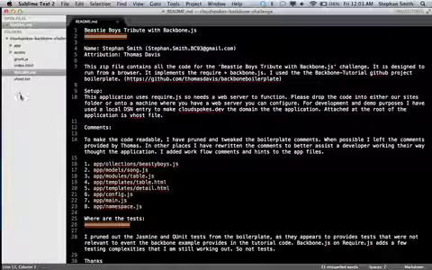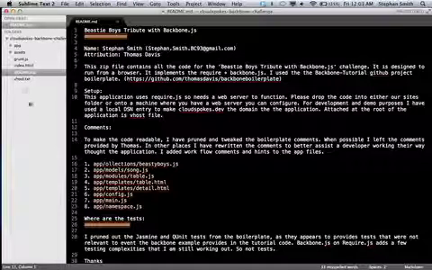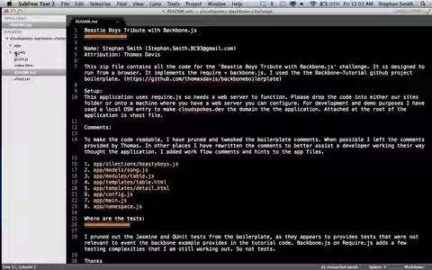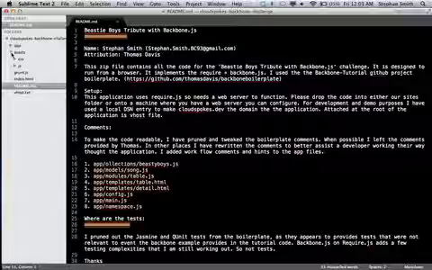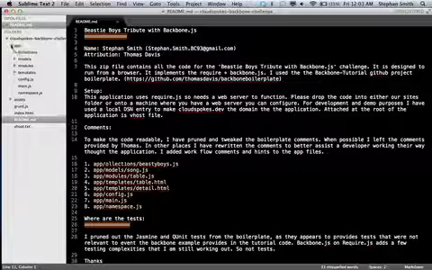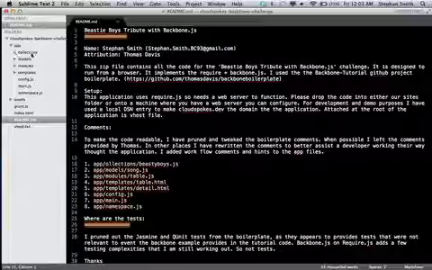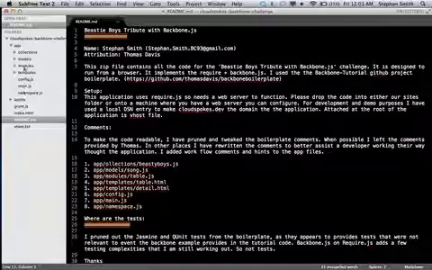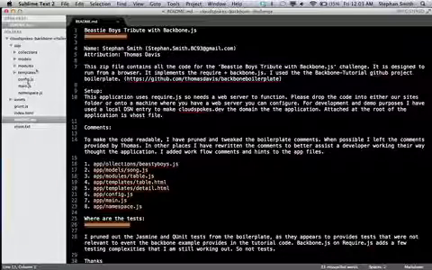I've implemented, using a bit of what the Backbone boilerplate uses as well, a separation of the application code from the DOM assets. So the DOM assets are the CSS and the JS. And the application code itself is broken into collections, models, modules, templates, and then the code that sets up the require.js. So